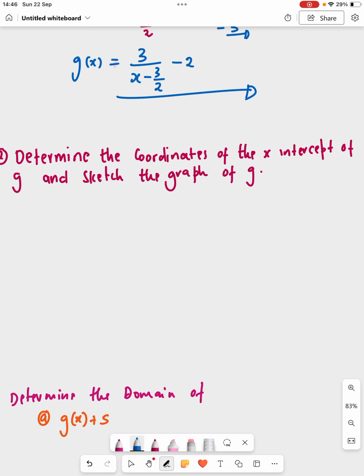So now, for the x-intercept, we let g of x equal to 0. We let y equal to 0. So now we are going to have 0 is equal to 3 over x minus 3 over 2, and then minus 2. Transpose 2. So if I transpose 2, I'm going to have 2 is equal to 3 over x minus 3